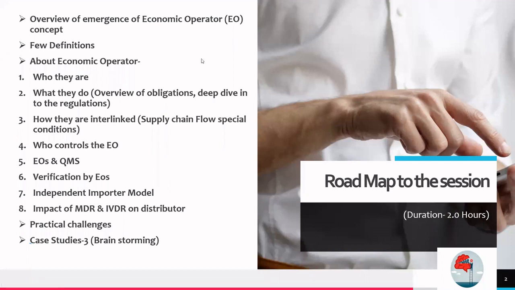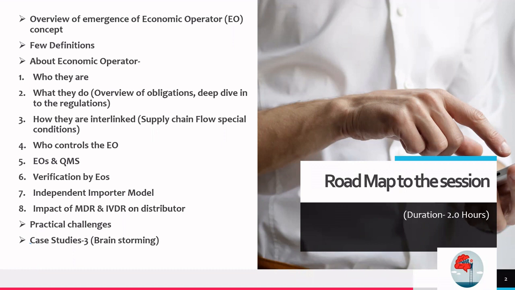So today in this session we'll be learning, first of all, how the economic operator concept came up. Is this concept present in the new MDR and IVDR, or is it present from before? Then we'll talk about a few definitions before going into the economic operator concept. Then we'll talk about the economic operators, who they are, what they do, how they are interlinked, who controls the economic operator, and the QMS to economic operator relationship, verification, how to do it by economic operators,